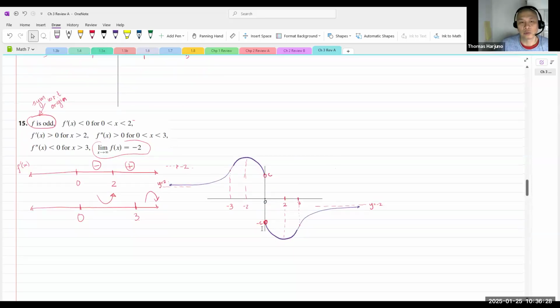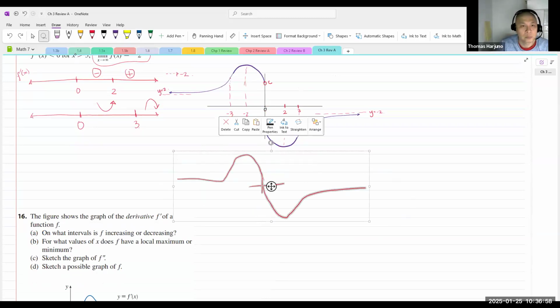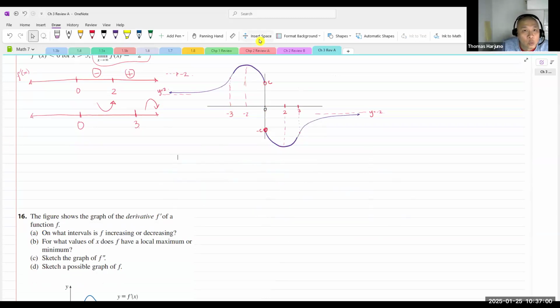Then I need to connect these two here, and it may look like this. And this is the origin, and becomes like this. Basically just move this up and make it like this instead. Okay, that will work if we insist on continuity, but it doesn't say, so it doesn't have to. Next one,